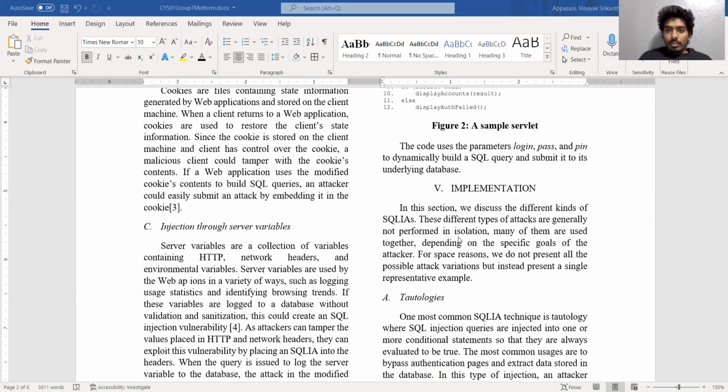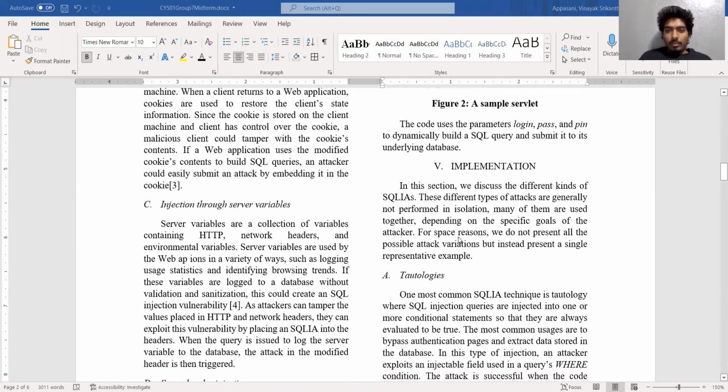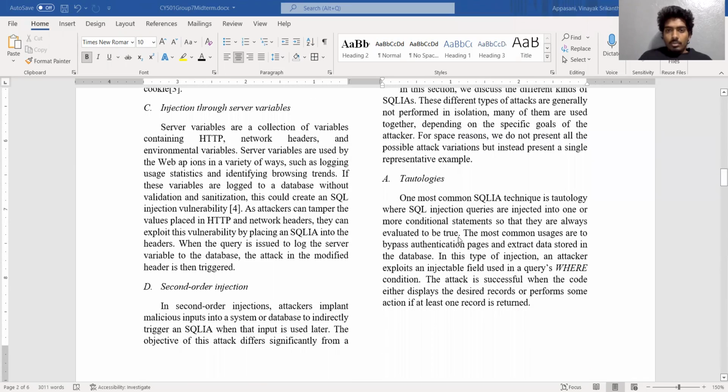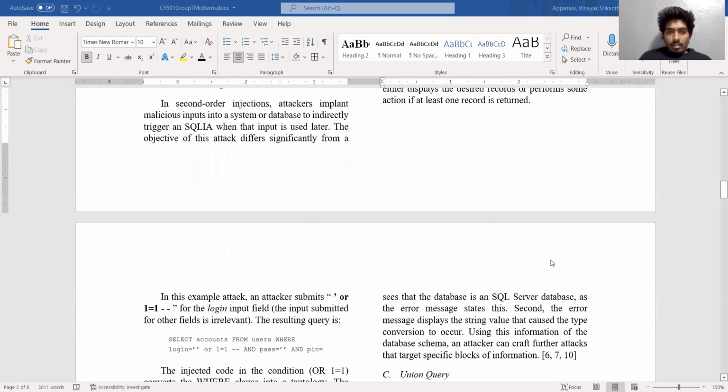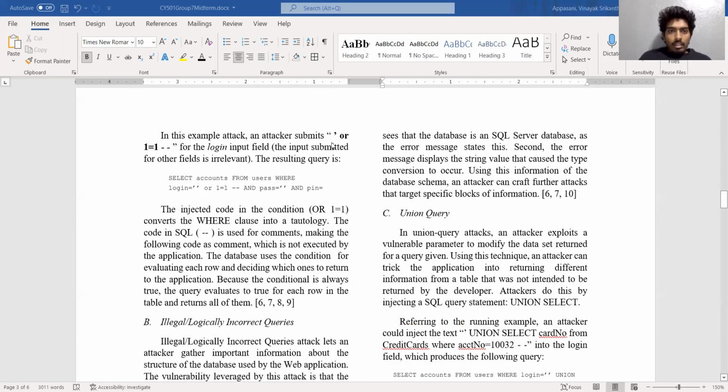discussed a few of the different types of attacks, which are generally not performed in isolation, but many of them are implemented together. The first one is tautology attacks. This is one of the most common SQL injection attack techniques, where the SQL injection queries are injected into one or more where condition statements so that they are always evaluated to be true. Let's see an example. Here, in the login field, the user enters this command, and